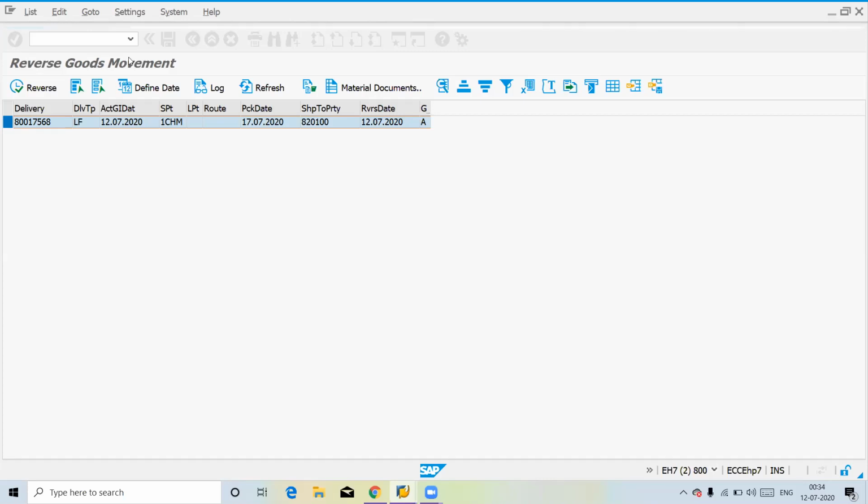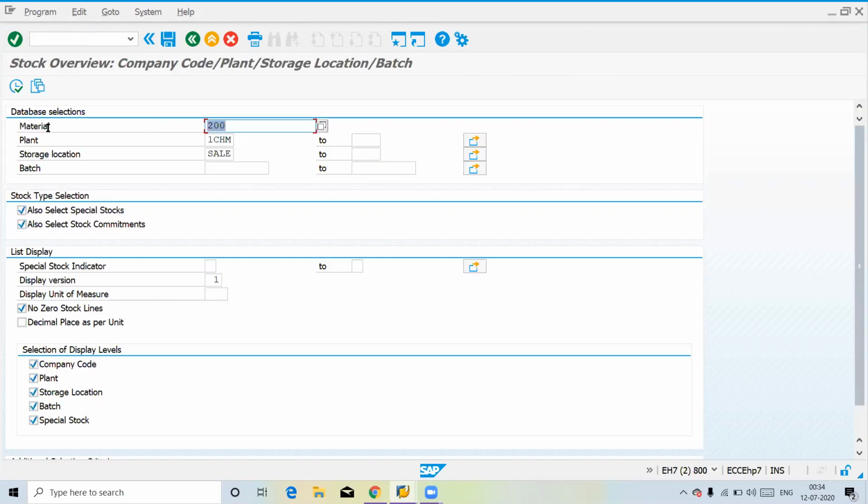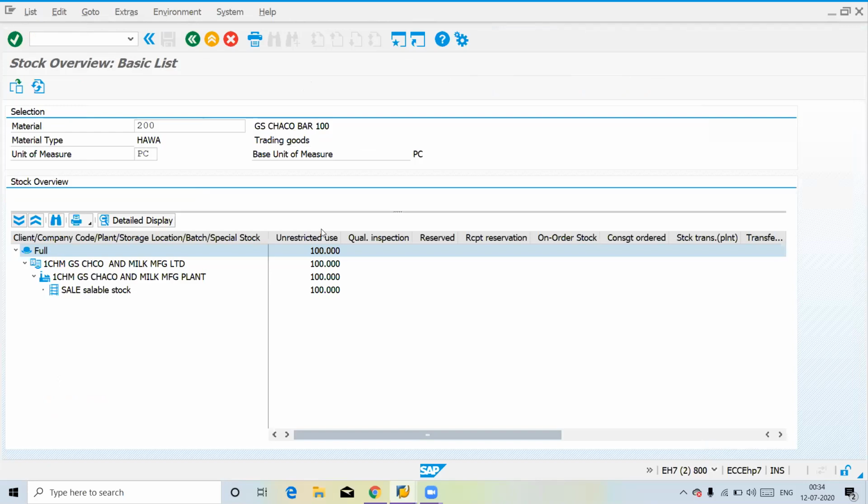No problems were logged. Now let's try to observe your stock again. For the 200 material code, it should be 100. So we reversed it back to the inventory.